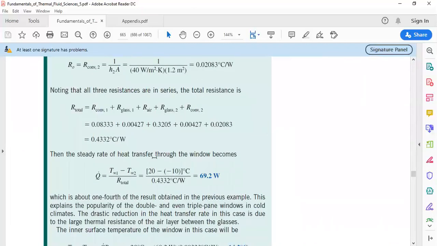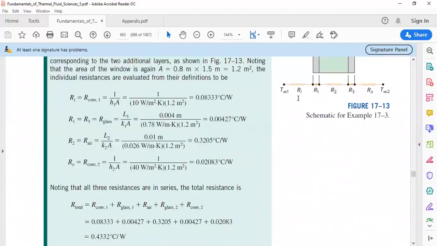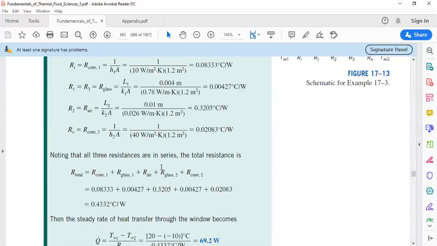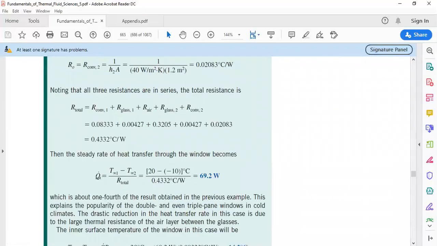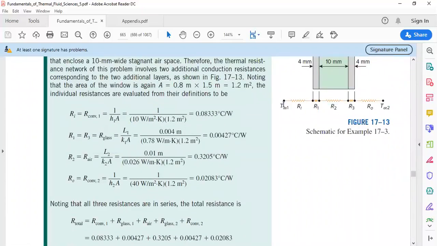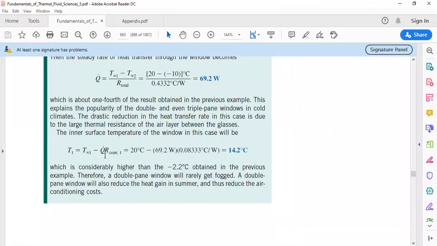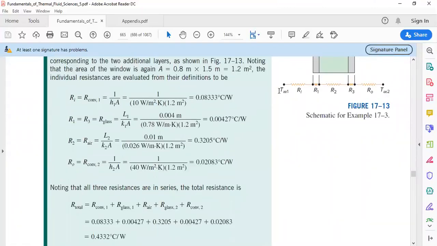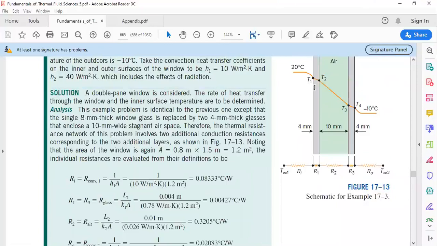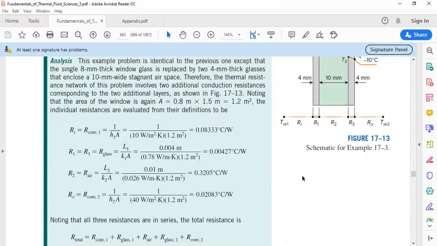Now the heat rate is simply the delta T, which is T infinity 1 minus T infinity 2, divided by the total thermal resistance that we calculated, and so we get the Q dot as 69.2. This Q dot is the same as the Q dot between T infinity 1 and T1. So we are interested in finding T1. So T infinity 1 minus T1 over Ri also equals Q dot,